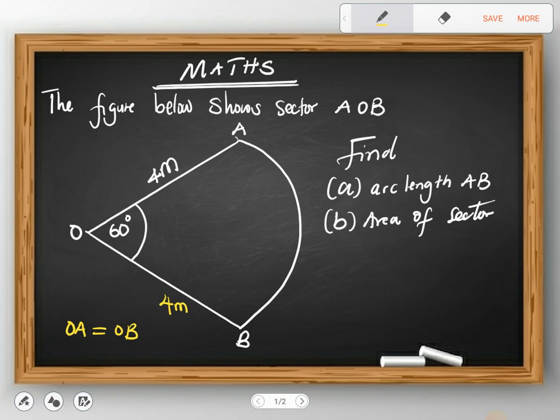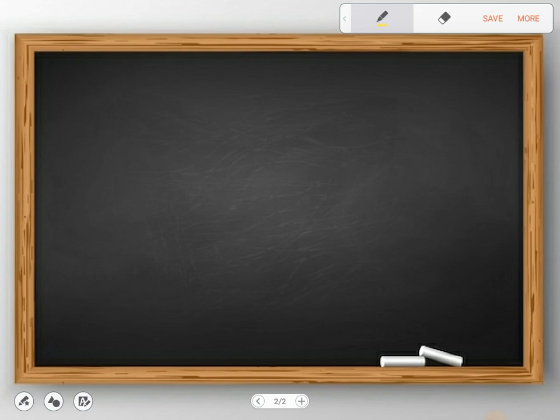So how do we find the arc length? The arc length is this distance. That's what we call the arc length. All right. So how do we find the arc length? And please follow me. Okay, so the arc length,